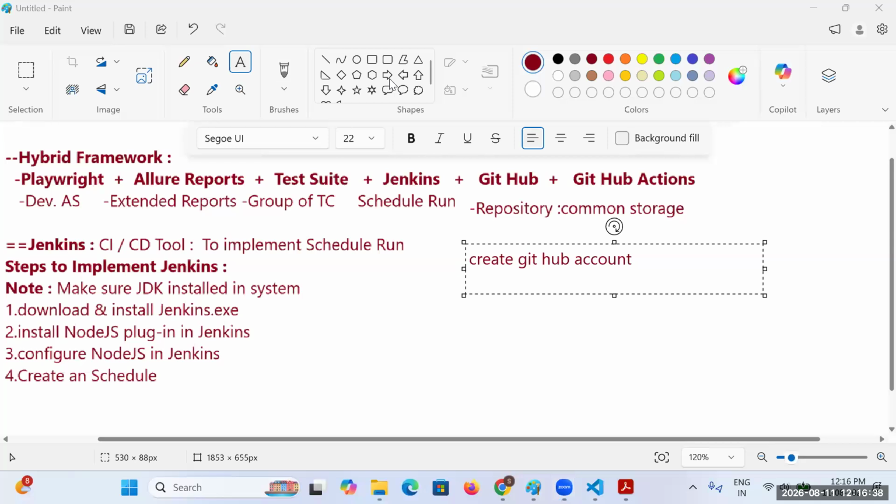Yes, carry on. Sir, I just want to know how to execute in debug mode in VS Code.